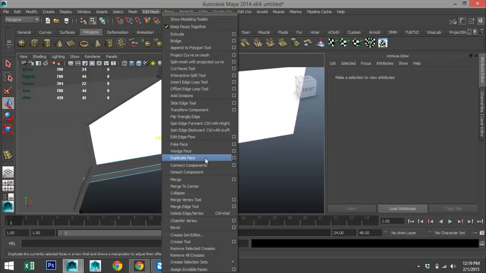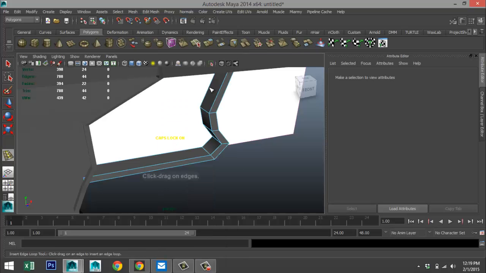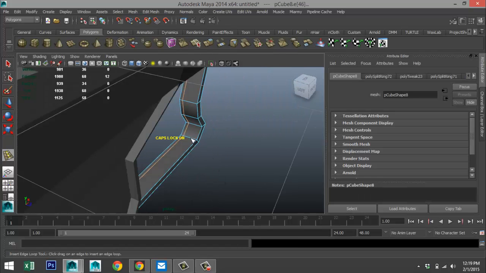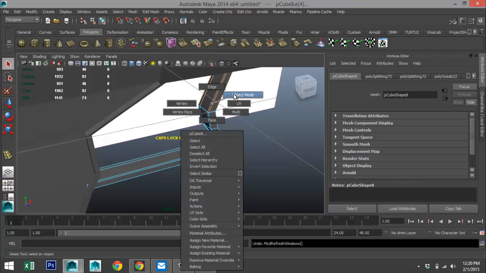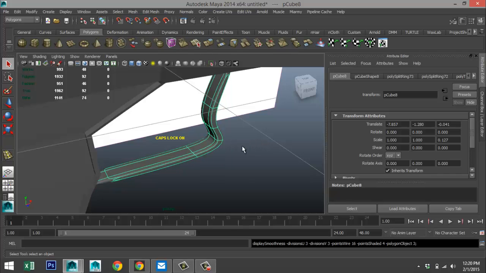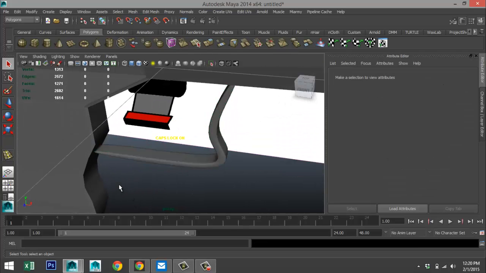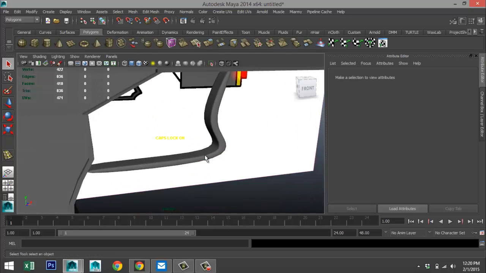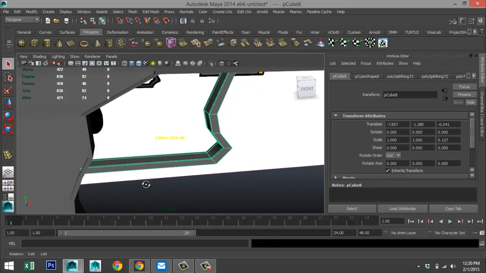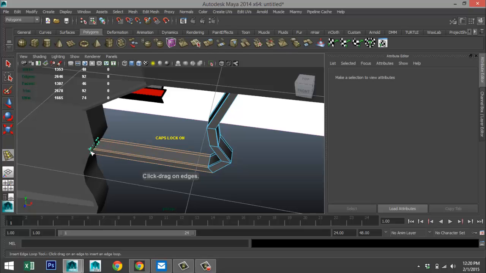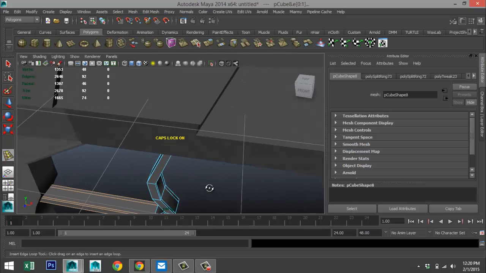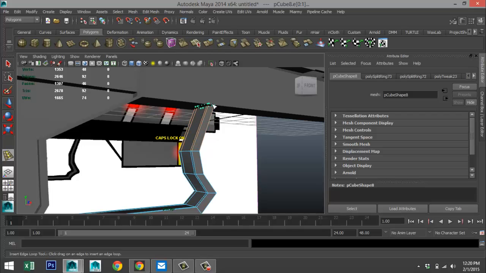We're going to go to Edit Mesh, Insert Edge Loop Tool. We're going to add an edge there, add one there, right click Object Mode, oops, hit Q, right click Object Mode. Let's see how that looks. Okay, we need to add a few to the end, so hit 1 on your keyboard, Edit Mesh, Insert Edge Loop Tool, push one way back there, and add one here, and push that way up.